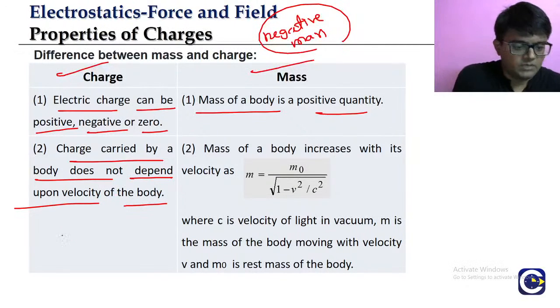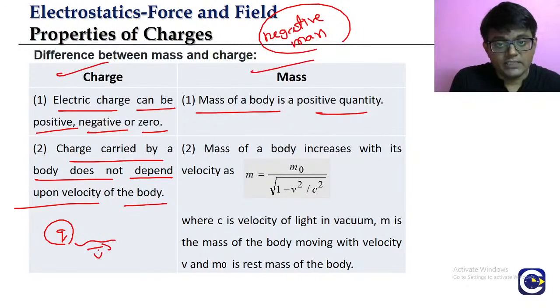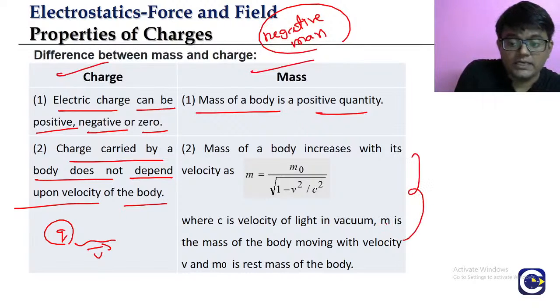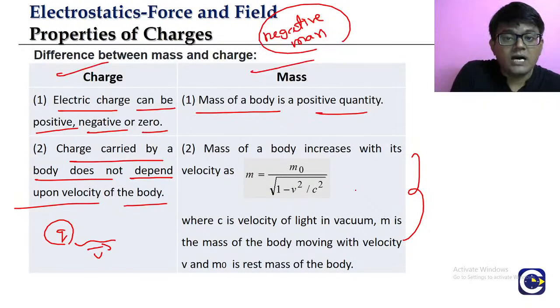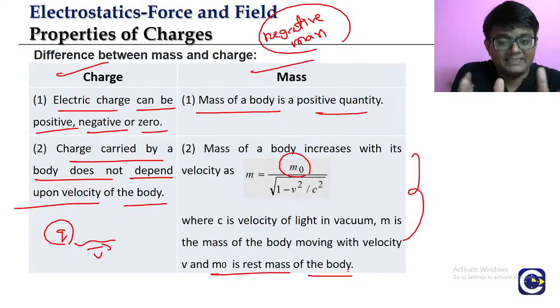And the charge carried by the body does not depend upon the velocity of the body. Like you have a charged object with charge Q. When that object is moving with a velocity, the charge on the object will not change, but the mass will change. We will learn about it in the chapter of modern physics, where we will talk about how the mass of the object depends upon the velocity. So we use the concept of rest mass. If m0 is the mass of a body at rest, we call it rest mass. And if the same body is moving with a velocity v,